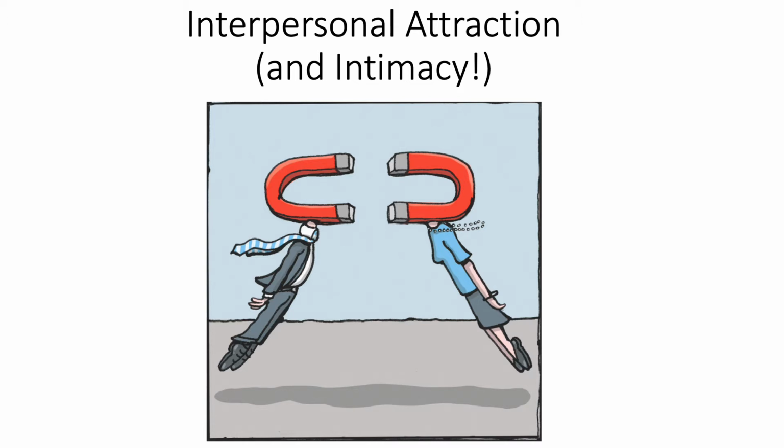Gay men, for example, are still men, and they seem to express the same kinds of preferences in mates that heterosexual men do. Physical things set aside, and we'll get back to that later. Lesbian women, on the other hand, are still women and share a lot of the same mate preferences with heterosexual women. But having said that, we are going to spend most of our time talking about heterosexual romantic attraction.